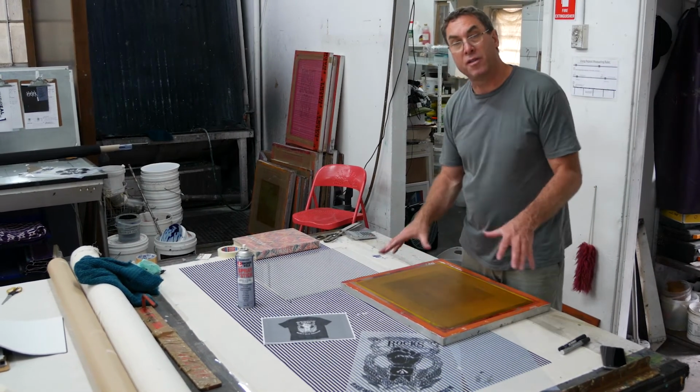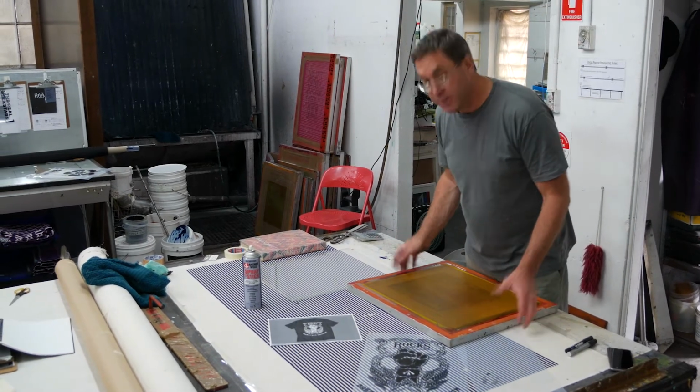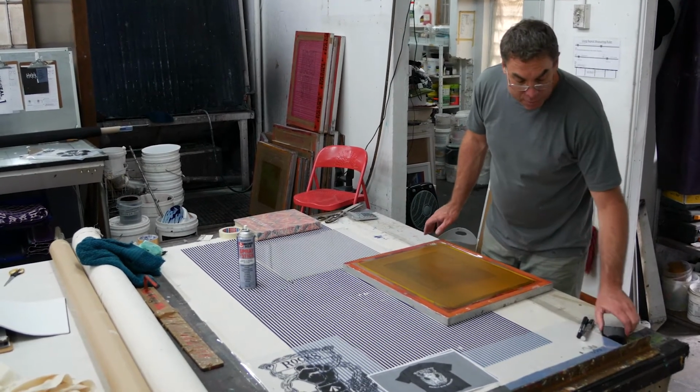just to show you that we're after the detail, even though we're printing with the white opaque ink onto a black t-shirt. This is like the holy grail. There's two different ways to do it. And if you've watched this video a couple of times, I really want this one thing to sink in,